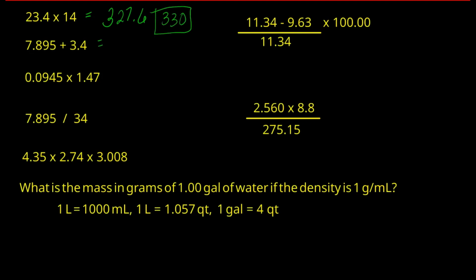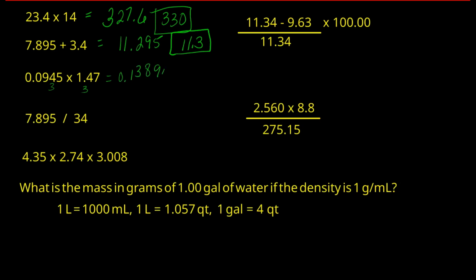Okay, on the next one we're adding, so I'm allowed 1 decimal place on this one, so it's going to be 11.295. So with 1 decimal place, that would give me 11.3. Okay, I'm multiplying, so I have 3 sig figs here, 3 sig figs here, so I'm actually going to have 3 sig figs. So when I multiply, I get